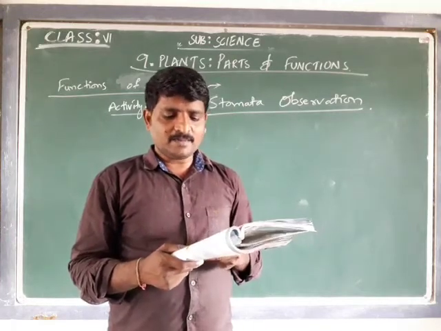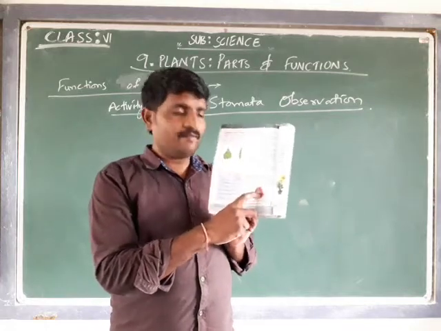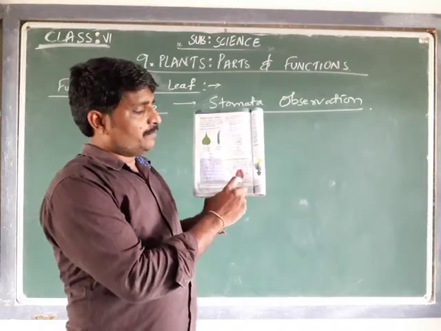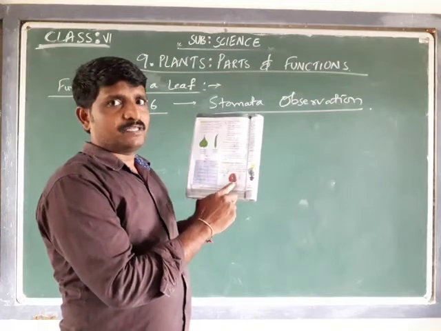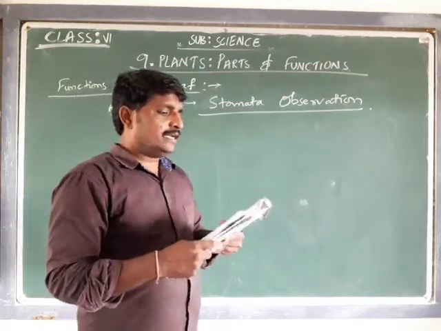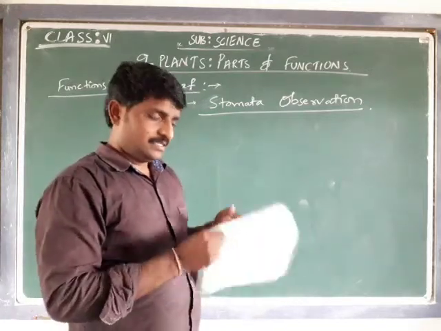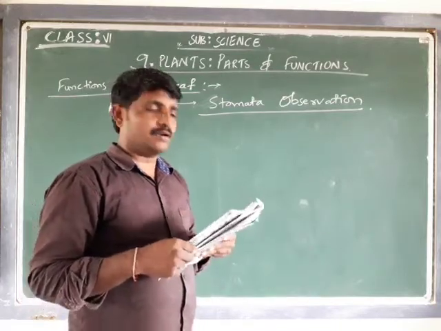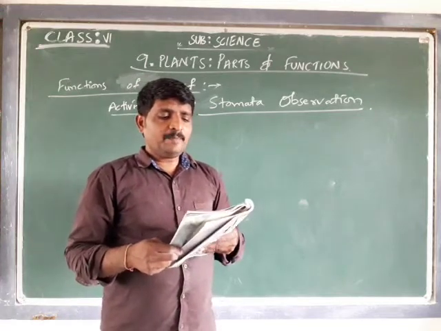Now try to find some bean shaped parts. Some bean shaped parts we will observe, which are given on page number 88, figure number 7. This type of shape we will identify when we observe through the microscope. Compare what you see under the microscope with figure number 7, and check whether whatever you observed is the same or not.